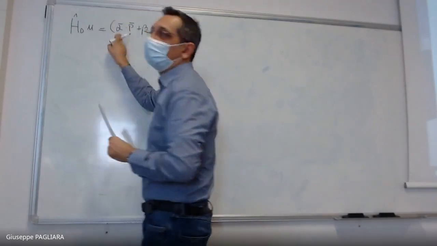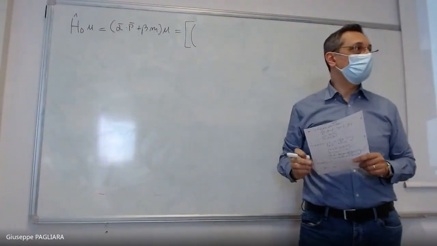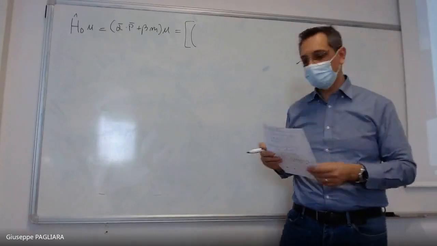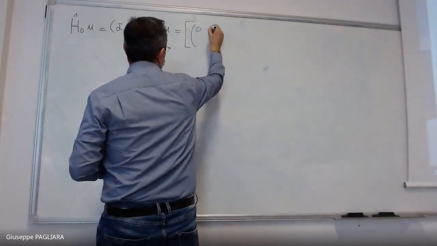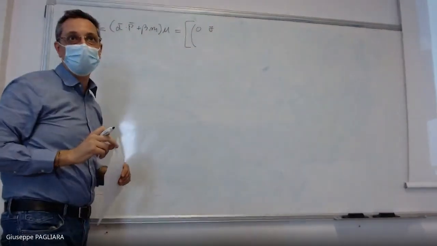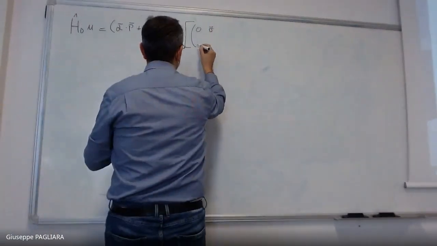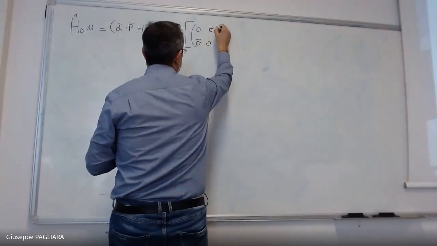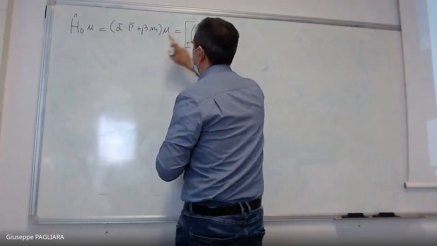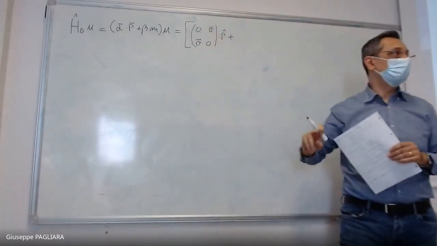If you remember, alpha is a 4x4 matrix which includes the 2x2 Pauli matrices inside. So this we can write as 0, then sigma vector, which corresponds to the 3 Pauli matrices, then sigma vector and 0, scalar p, plus the beta matrix, if you remember, is given in terms of the